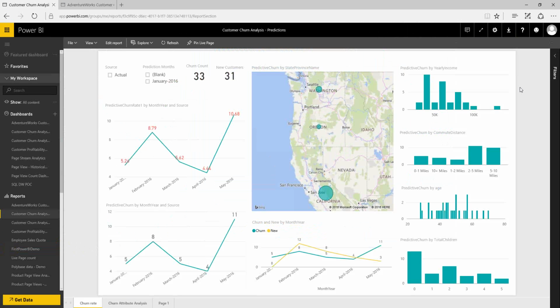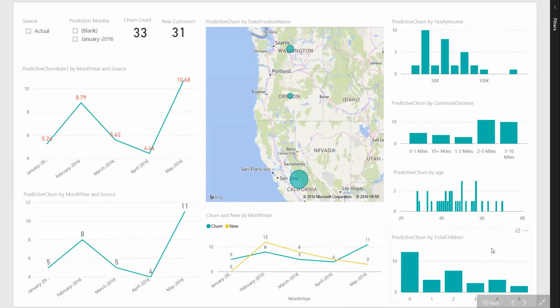Since we already have that historical data, let's see how we can analyze it in Power BI. This is a Power BI dashboard for customer churn analysis. Let me expand it so that you can see it very clearly. This is based on the history. As I said, we already have 5 months of data, and we already calculated the customer churn ratio, which is nothing but what percentage of customers churn every month for that particular organization. You can see here for January, the customer churn was 5.26. In February, it rises to 8.79. Then it came down to 5.26, then 4.44 in April,